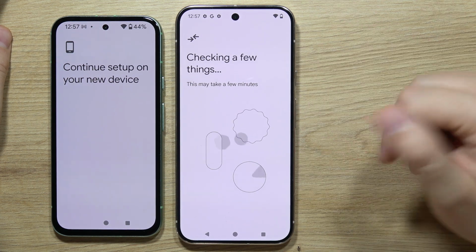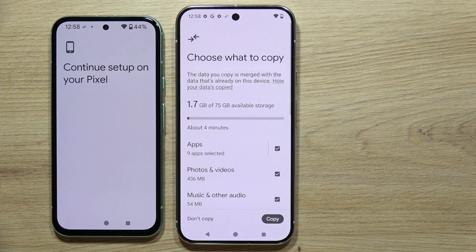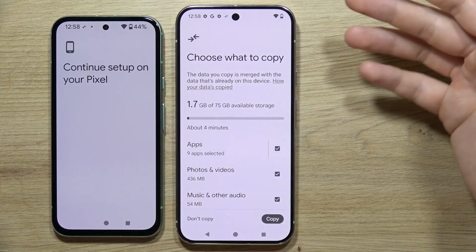So we also have to wait a few moments. Now we've got another screen getting ready to copy, and this may also take a few minutes. As you can see, we just have to be patient and wait for another setup screen. There we go. Now we can choose what we want to copy from the old phone into our new Pixel